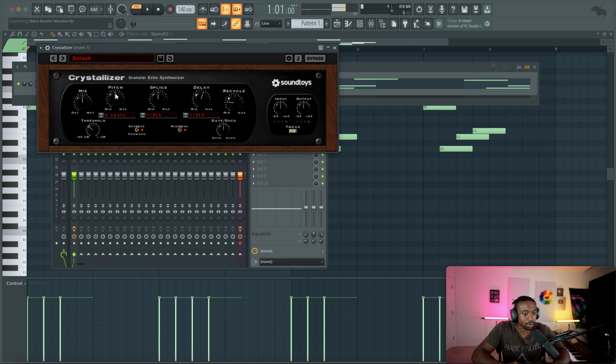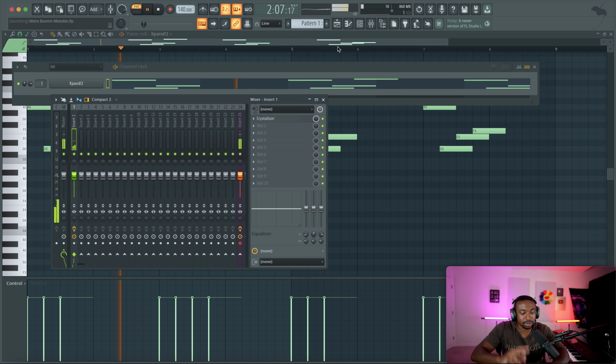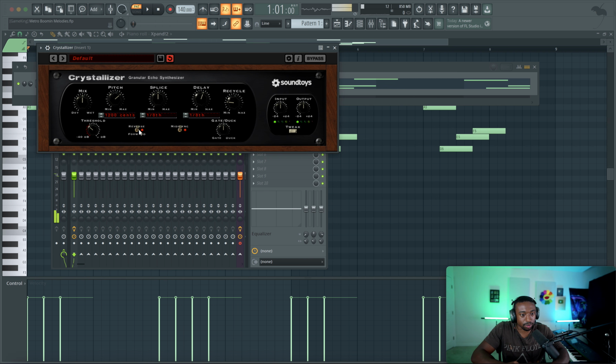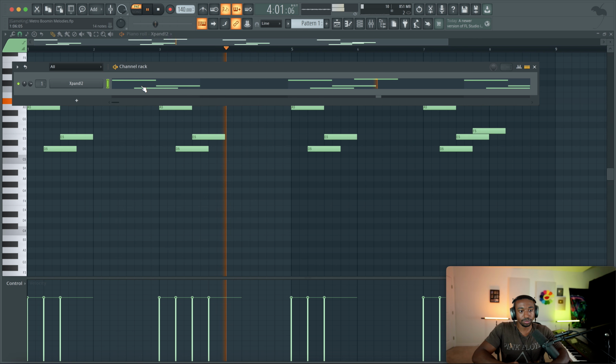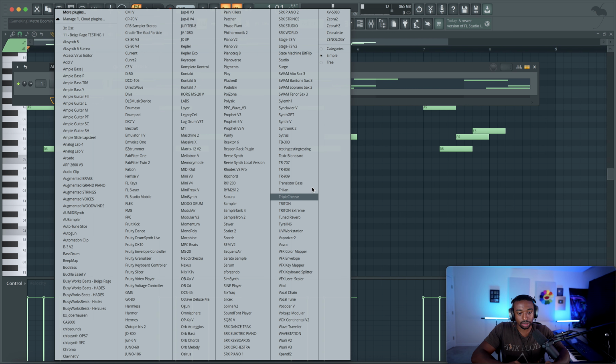The key here is that we're changing the pitch of the delay. Usually we're pitching this up, not down. So let's pitch this up. Now it has that smear sound. I think it has a reverse function, so it's reversing the sound as well. Okay, now we can start layering into that sound effect.